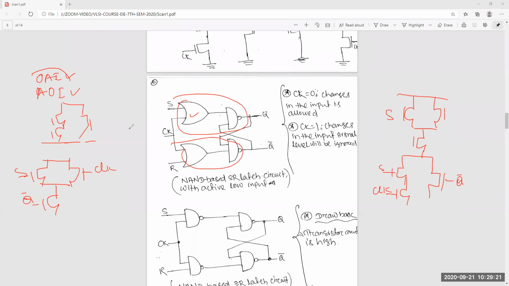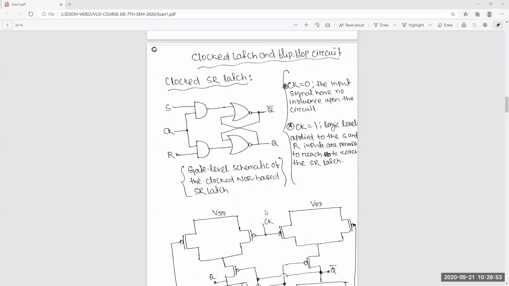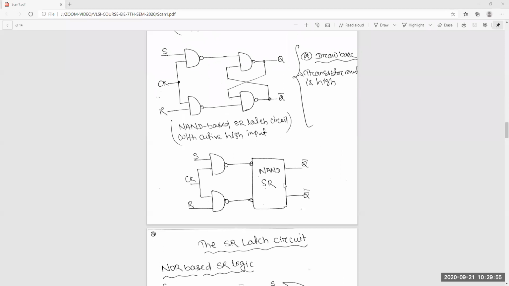So these things I'm not giving more value to, because you need to know this and practice it. How to do all this: suppose I have given a statement, how to draw the circuit, or I have given a circuit, how to come to that statement. These things you need to practice, for different types of AOI, and which is series or which is parallel. Otherwise you will make mistakes.